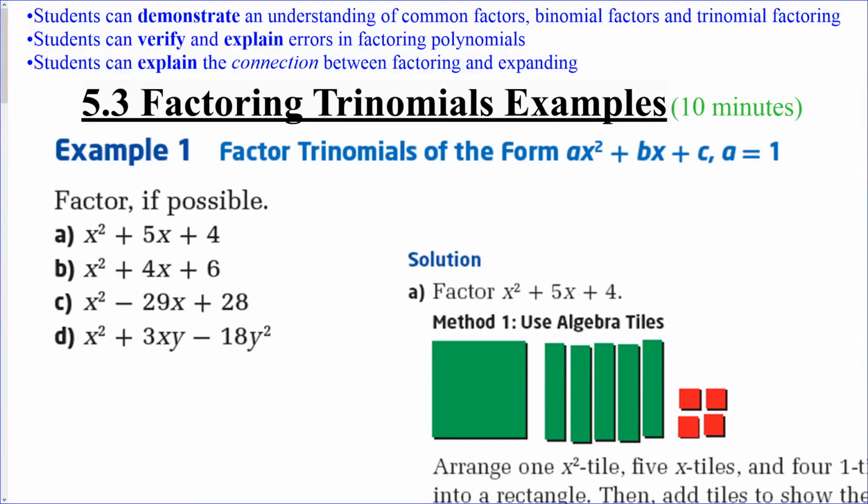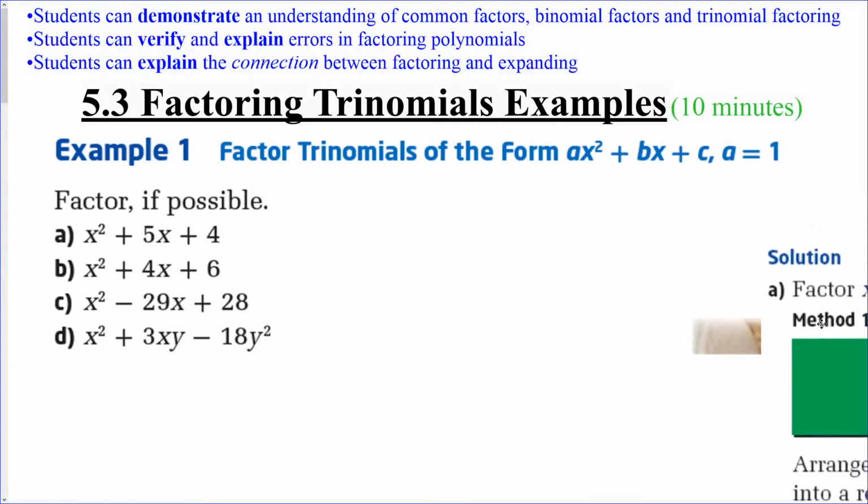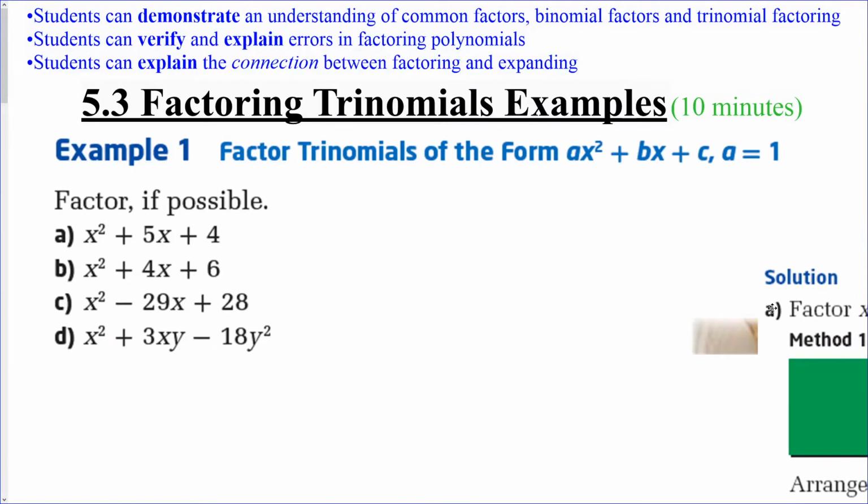In this video, we are going to be talking about Chapter 5.3, Factoring Trinomials. If you're following along in your textbook, by the way, this chapter begins on page 224. Up until now, we've been factoring binomials, which is what we did last chapter, where we